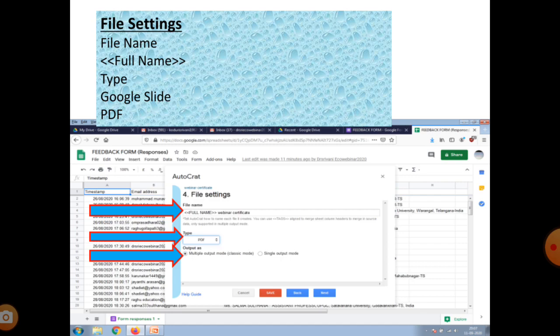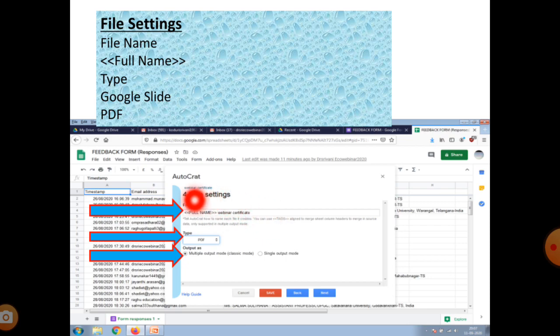Next, file settings. In the file settings, set the file name and type of the certificate. What is the file name? Whatever file name means it's the full name and webinar certificate, as this column is merged in your spreadsheet, your response sheet.